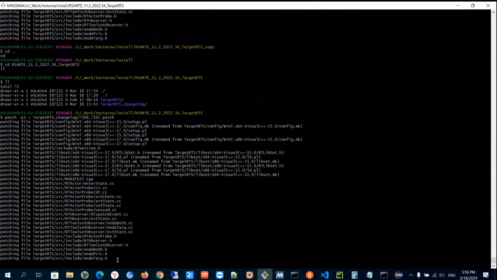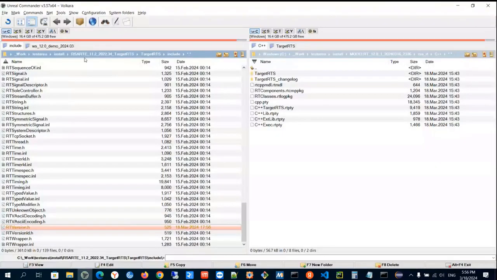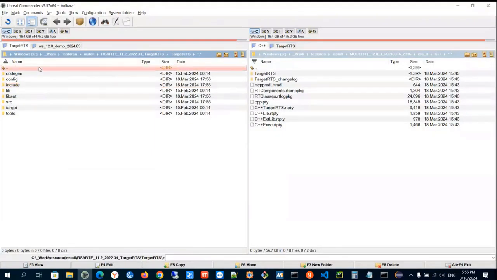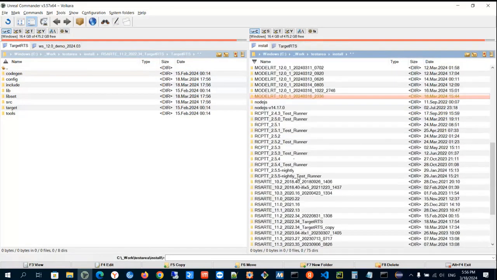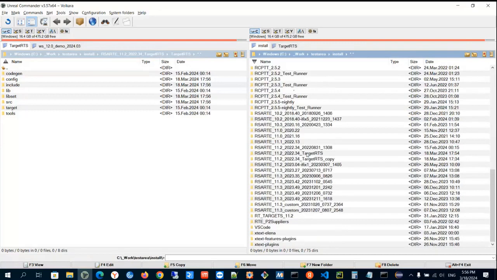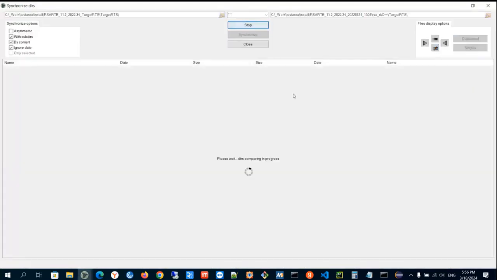So now I'm applying a patch file, and we can see that it was successful. So now we are on version 7107, and we can go here and compare. So this is the patched files of TargetRTS. And if I go back to my old version from which I started, it was this one, 11.2, TargetRTS. If I synchronize,